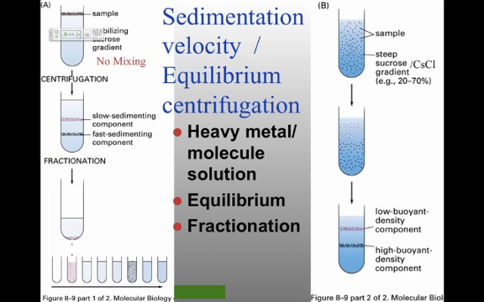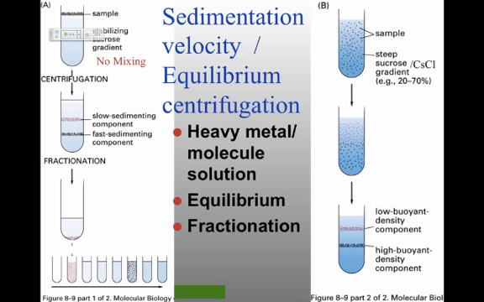What happens is you end up setting up a gradient, in this case cesium chloride, so a heavy metal solution. That sets up a gradient really fast. When you turn on the centrifuge, you'll have dense down here at the bottom, less dense up here at the top. And then whatever you put in there, say it's your DNA, will now, in this centrifugal force, again, these are usually spun at tens, if not hundreds of thousands of RPM, which is hundreds of thousands of G, be